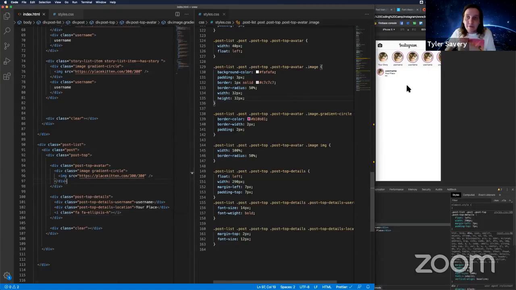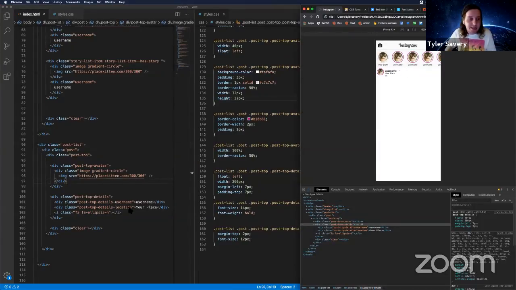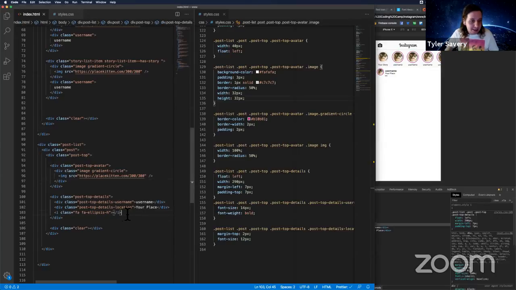So we could float this thing and do exactly what we've been doing with everything else. Sorry, this was in the wrong spot. Oh no, it should be in there. We could float it,